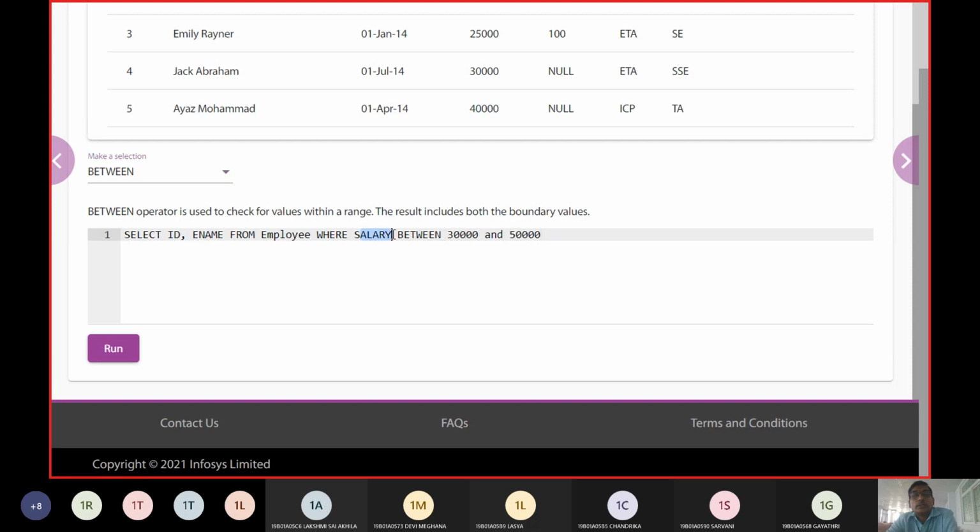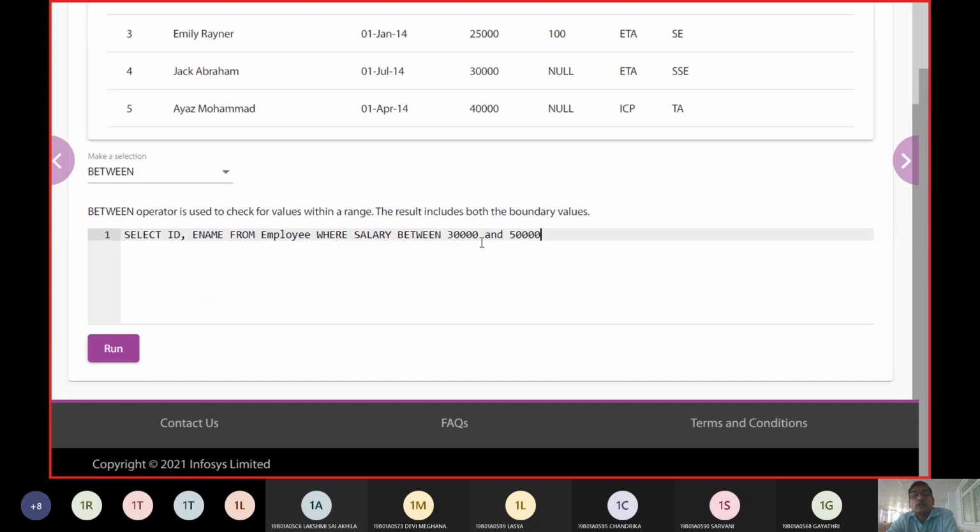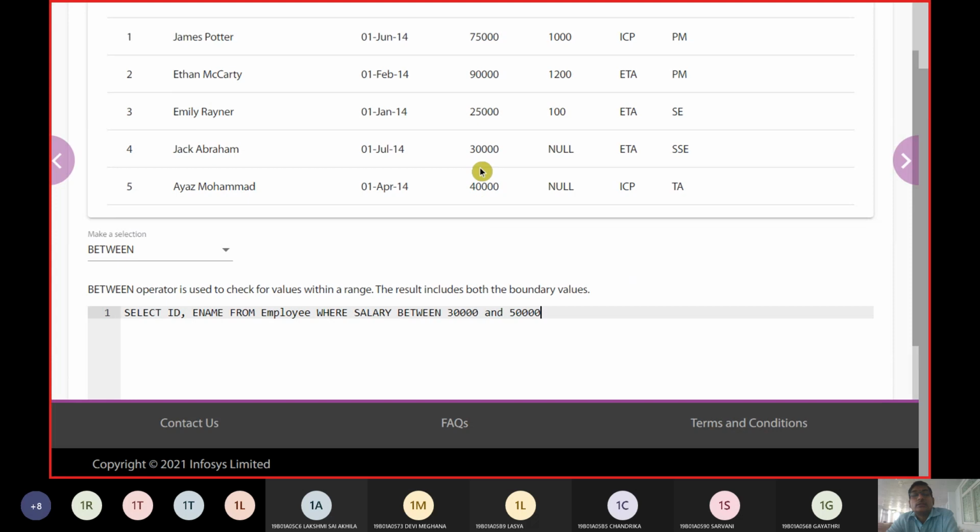So we are going to distinguish this salary component, and it is arising between 30,000 and it is arriving between 50,000. Now let us look into this data between 30,000 and 50,000. So 75,000 is not in range, 90,000 is not in range, 25,000 is not in range, and even you can say 30,000, so that is inclusive, and 40,000.